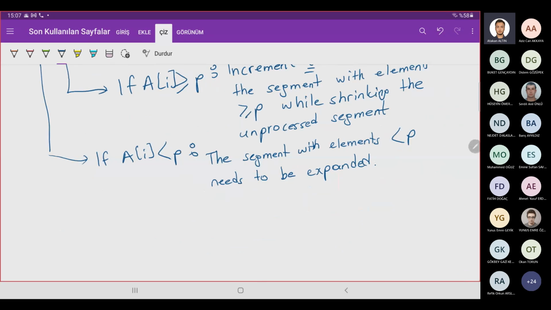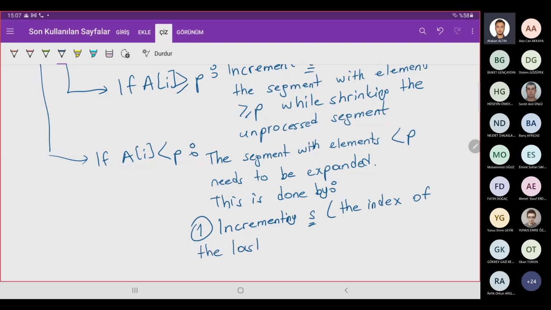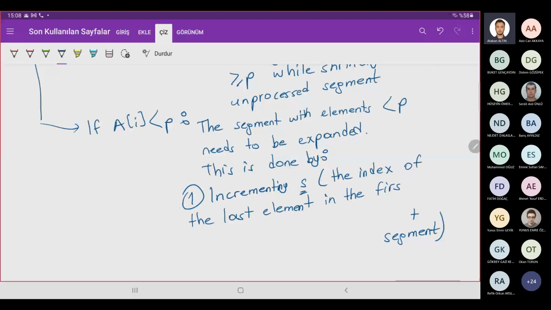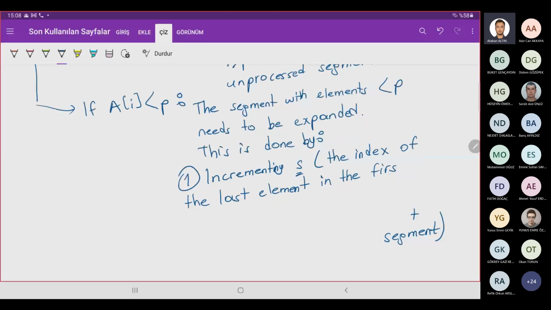The segment with elements less than P needs to be expanded, but this is done by incrementing S, the index of the last element in the first segment, the index of the last element in the first segment, and then